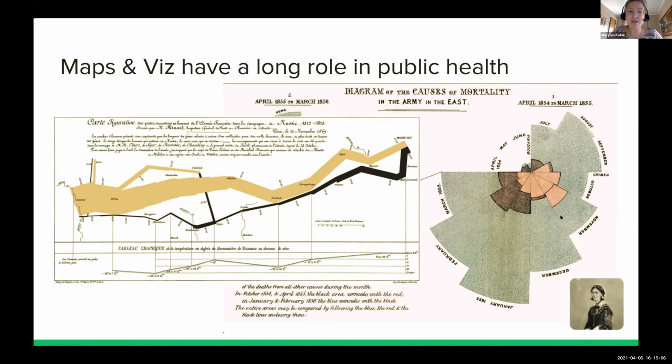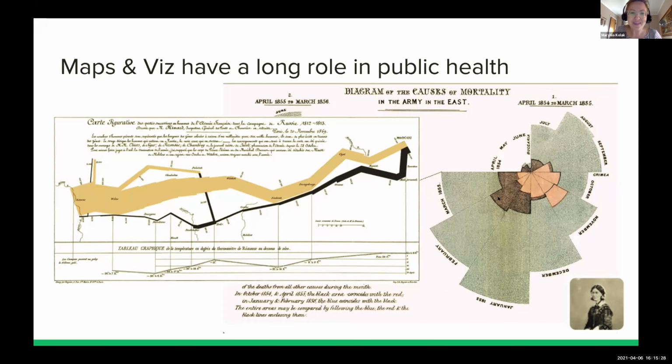But the goal here was really to communicate something about mortality and war, and generate, again, this kind of confluence of politics, social science, public health thinking. So some of the things I might talk about today may have different components of that. And I just wanted to note that there is a tradition and precedent for that within the public